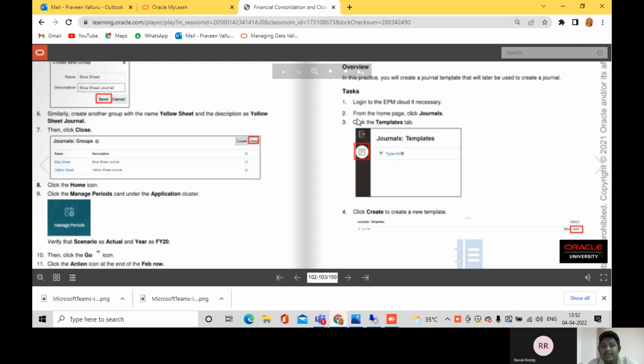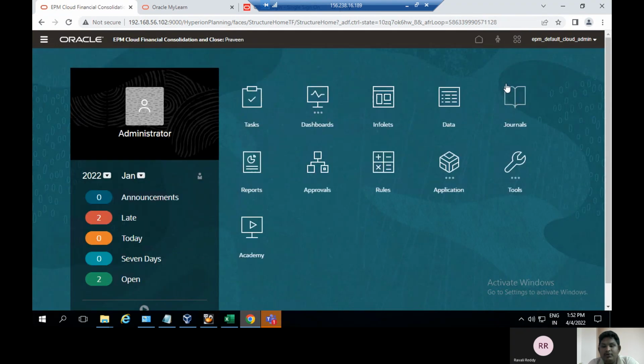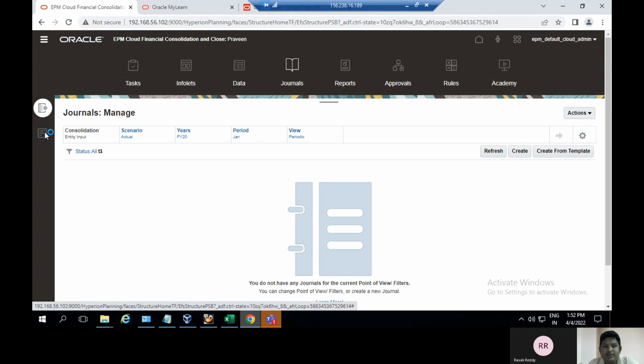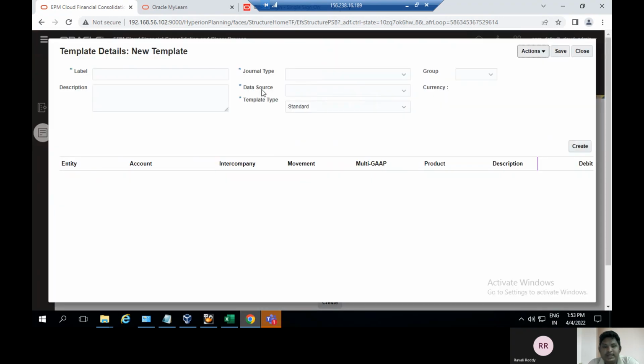I click the journals and click the templates tab. I will go to the navigation. I will show it and click on home screen. Under the home, here open the icons. Here the journals are there. Click on journals, and here the journal templates and journal manage. I click the journal templates, and here to create a journal, click on create, and here the label, description, journal type, data source, template type, group and currency